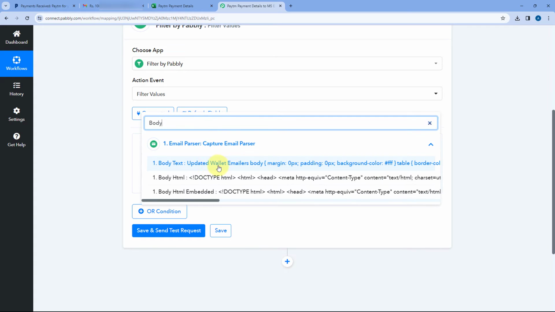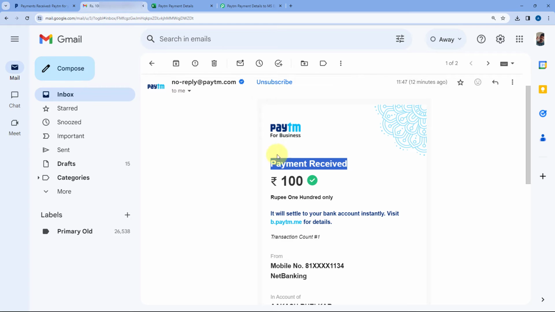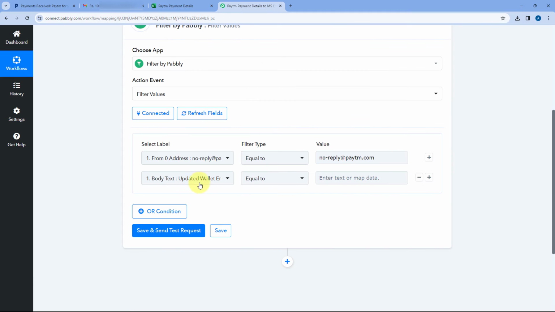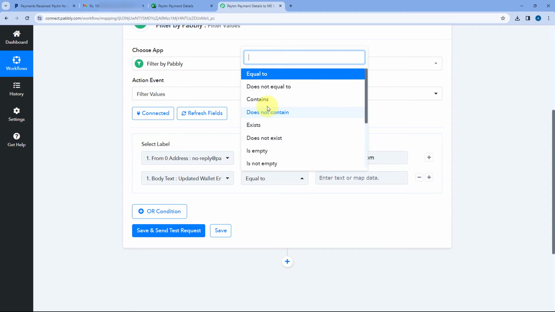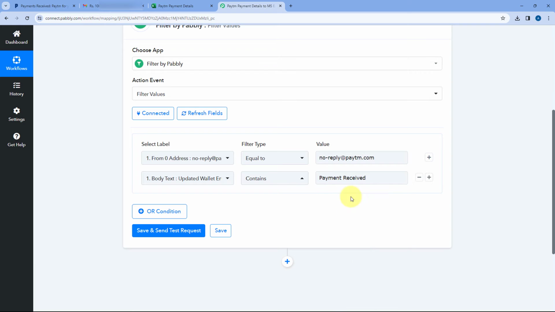So we are going to search for the response of body text over here. Just select it, and every time we receive an email from Paytm of a received payment, in the body of the email, we will get this text of payment received. So we are going to add a filter condition of that. If the body text of the email contains payment received, this particular word, only in that case the automation workflow